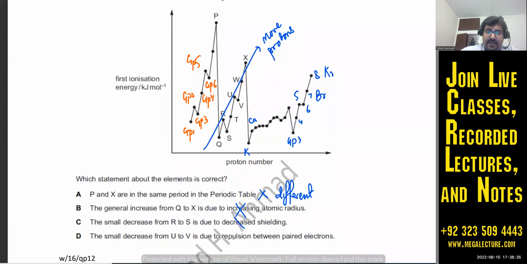Okay, decrease shielding, it's actually more shielding. Achha, the small decrease from U to B is due to this part. It's group 6. He gets the dip that happens at, and this statement is correct. Okay, the reason